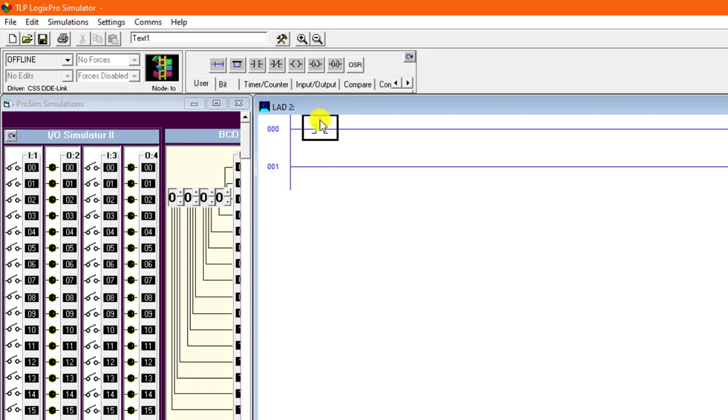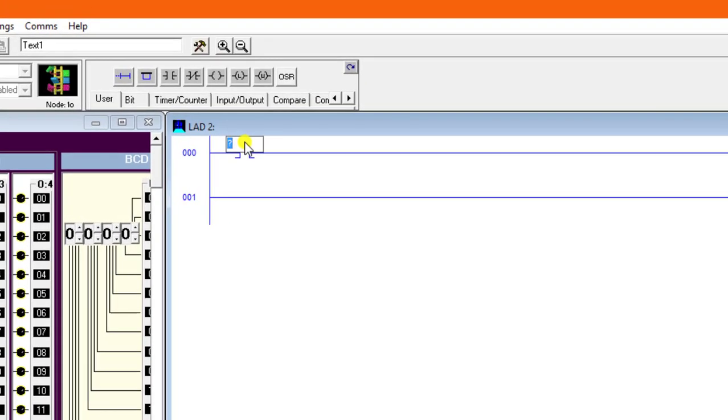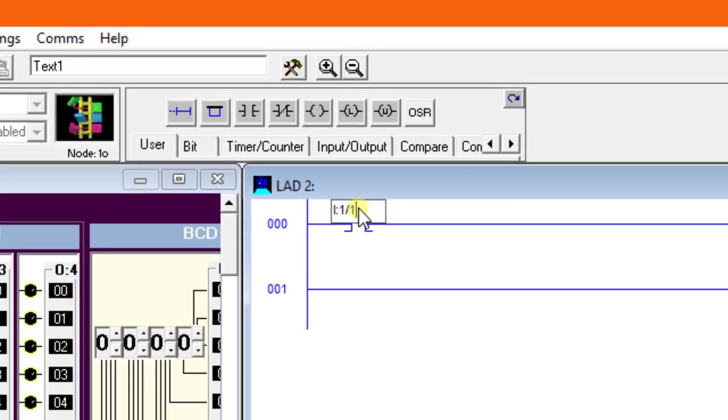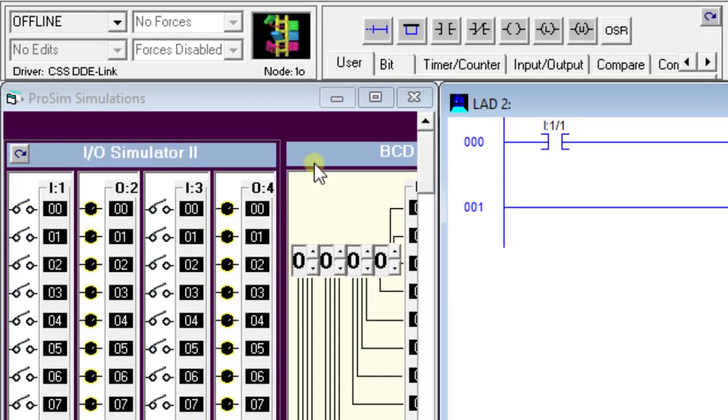So I'll just change this label over here to I:1/1. Okay, so I'll just enter it, and this means that I am corresponding to the first switch of I:1 of this column that you see over here.